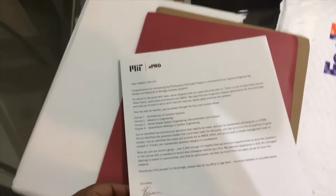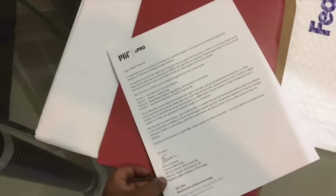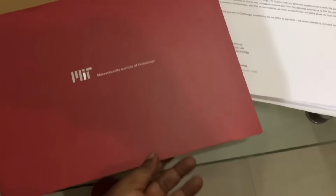This is quite hard, so I think the certificate inside should not get folded. Let's open this, the top part, and so this is the letter. I think you're gonna read from Bruce Cameron, and inside of that letter is this